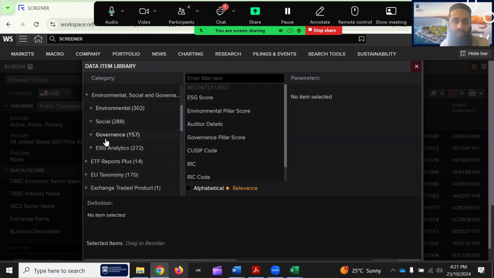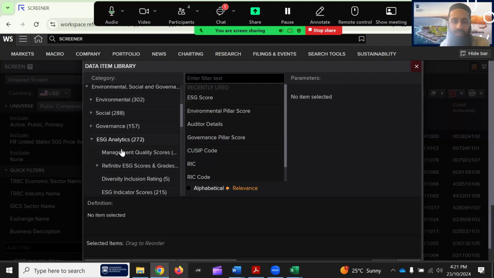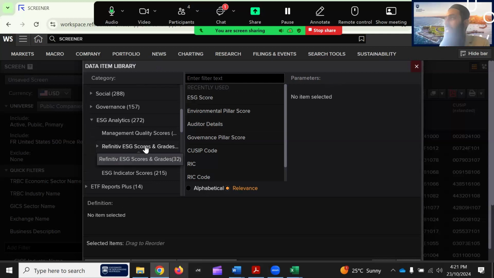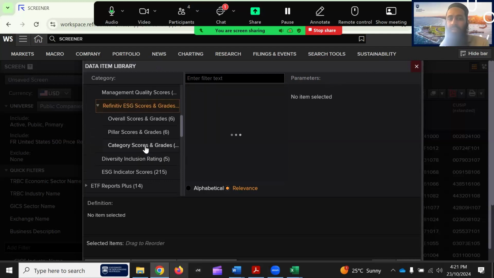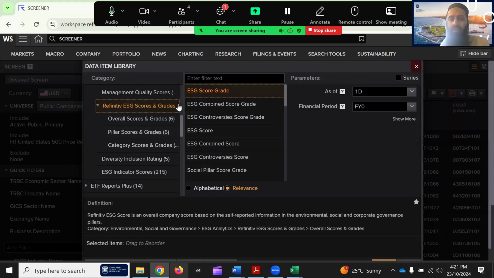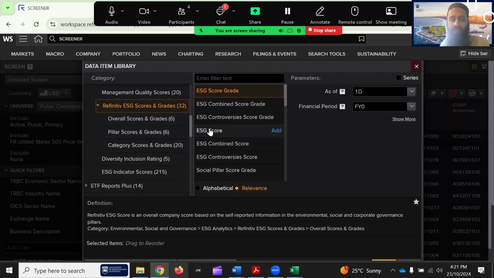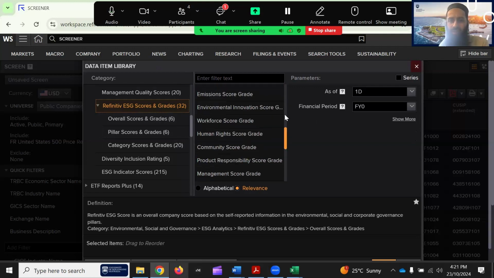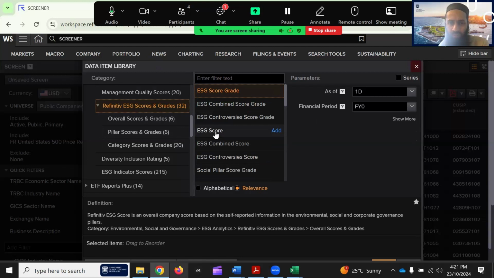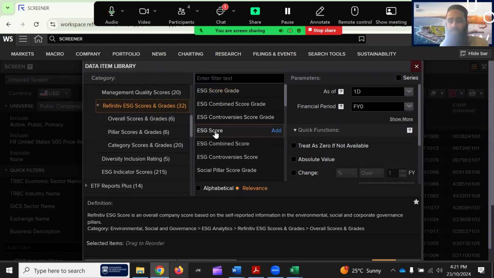Under ESG, we are interested in ESG analytics. And under that, Refinitiv ESG Score, because our example is ESG Score. So I have clicked on that. And I think 32 scores and grades are appearing here. So we are interested in ESG score, this one. So I just clicked on ESG score.